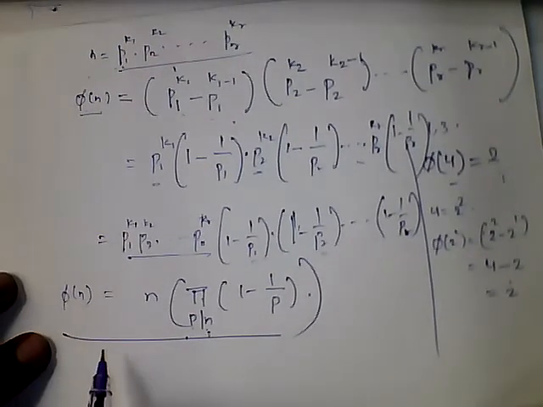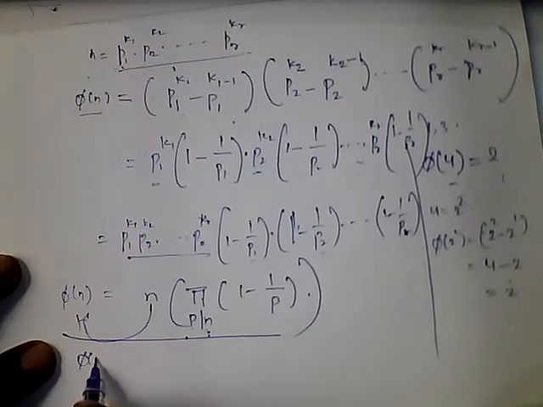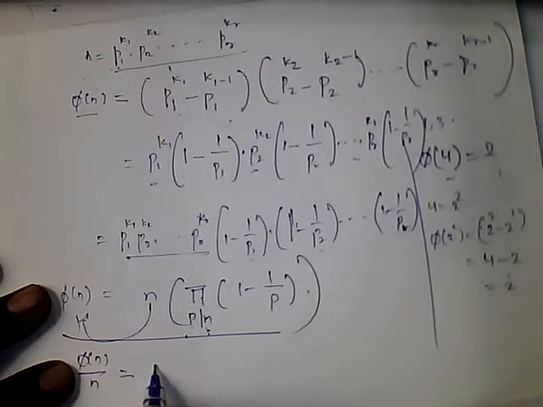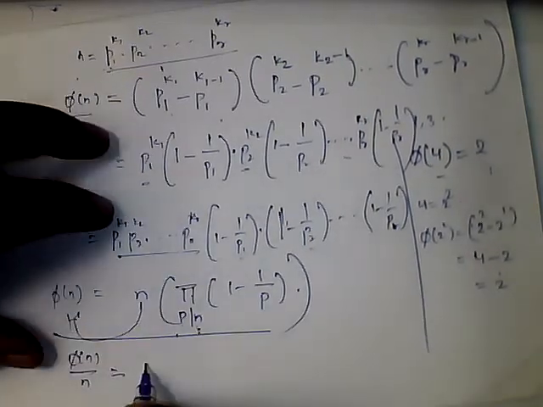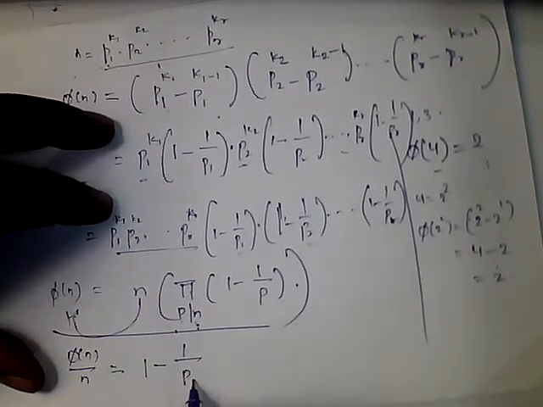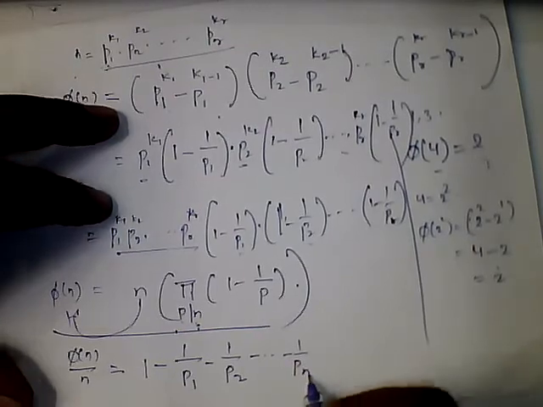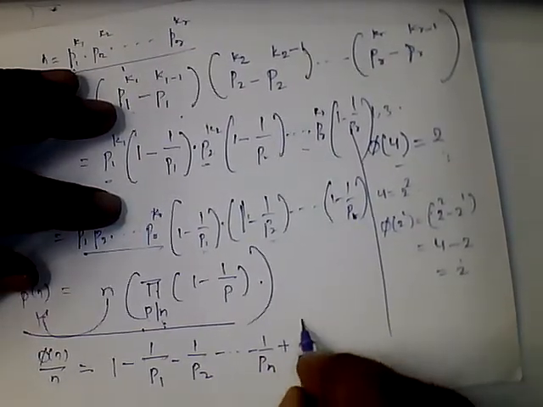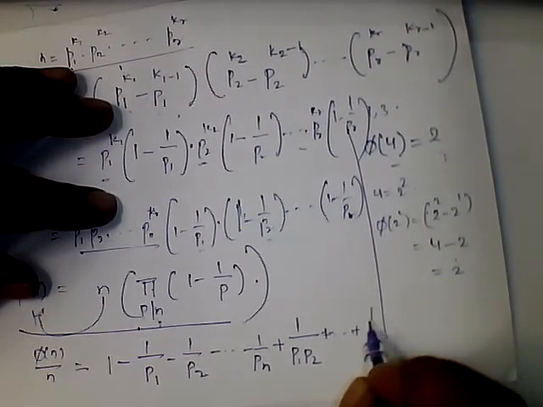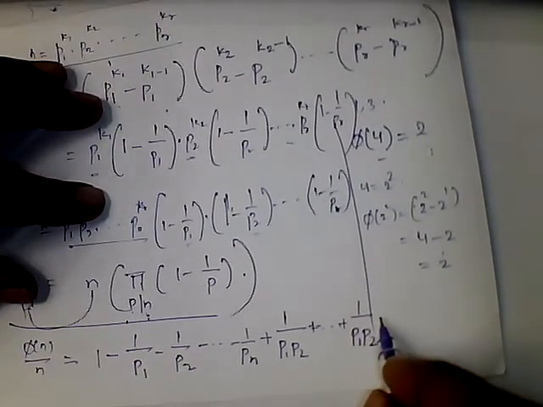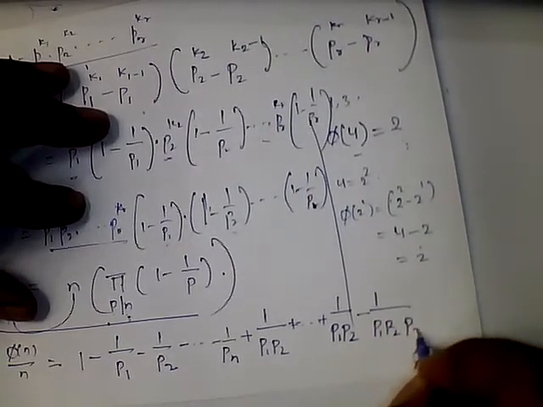We got this right. Now what I'm trying to do here is sending this n to that side, phi of n by n. From this I can write the same thing, just elaborating again, that is 1 minus 1 by p1 minus 1 by p2, so on, minus 1 by pn, all the combinations, 1 by p1 p2 plus so on, plus 1 by p1 pn minus 1 by p1 p2 p3